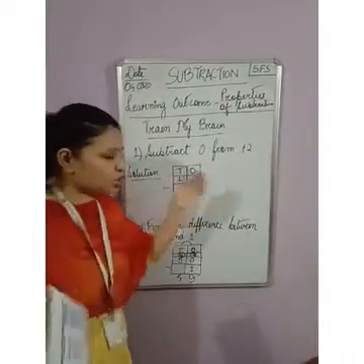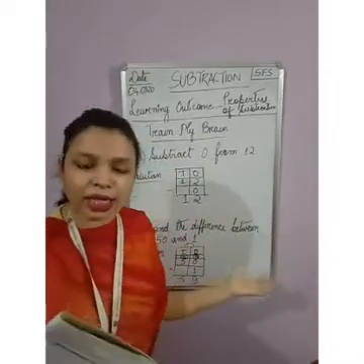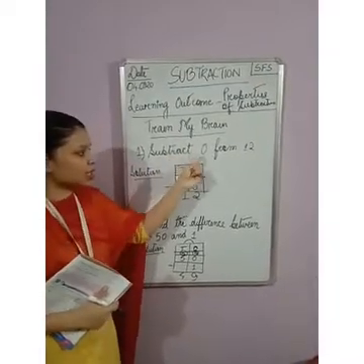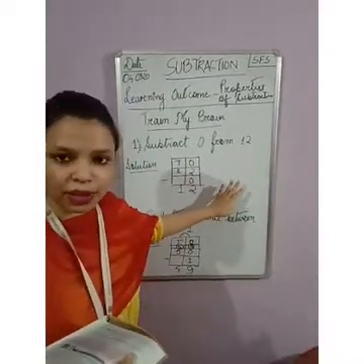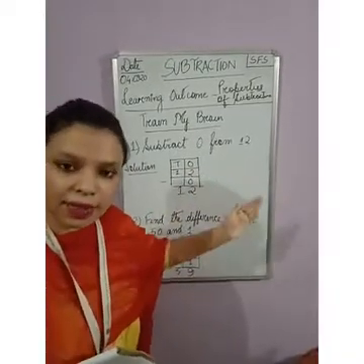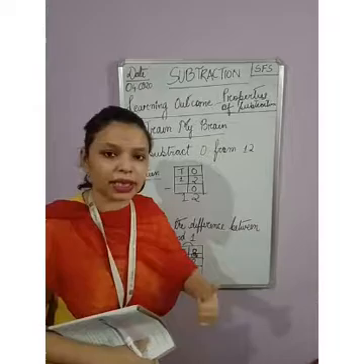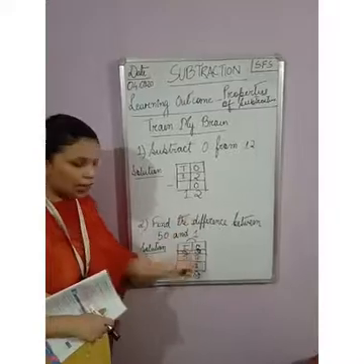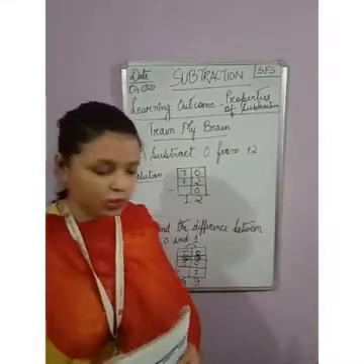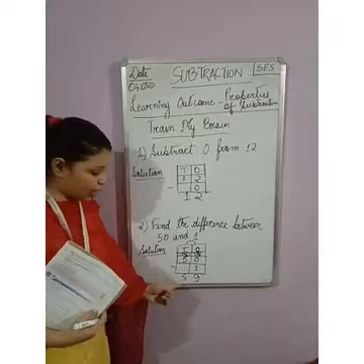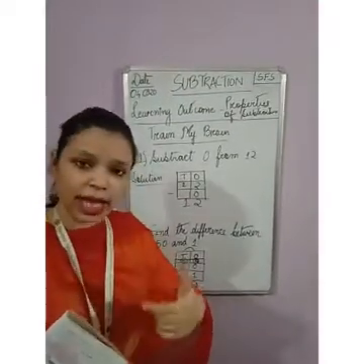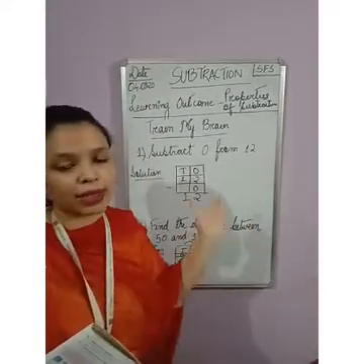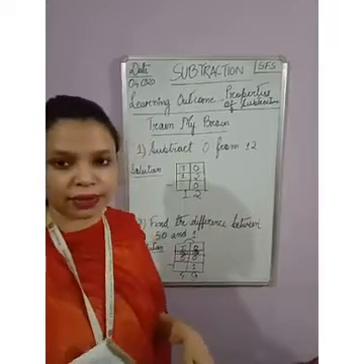When you get this type of questions, that means these are related to the properties of subtraction. The first question, subtract 0 from 12, is the 0 property. We are subtracting 0 from a number. Here, find the difference between 50 and 1. That is the before numbers property. So when we subtract 1 from 50, we are getting 49. So 49 is the number before 50. Okay, so we can relate this type of questions with the properties of subtraction.